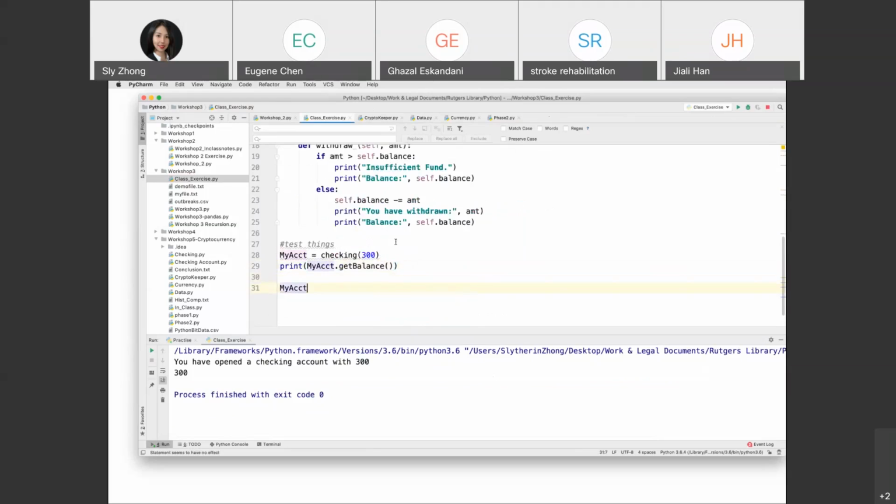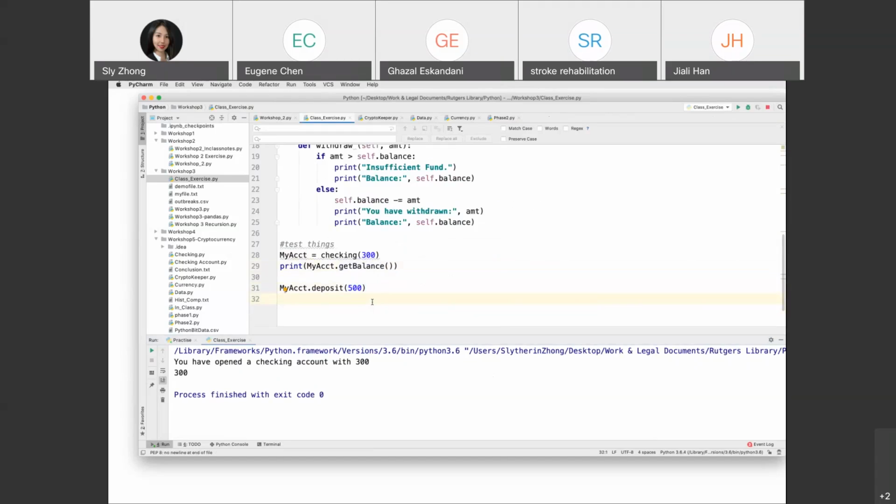And now we call our deposit function with 500. So we deposit 500, and then